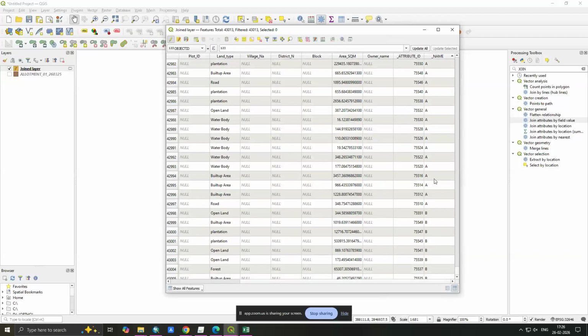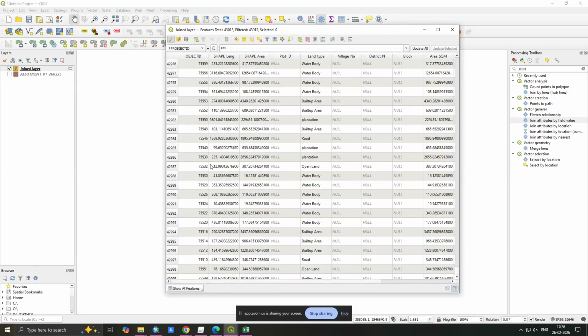These are the names which are given: A, B, B, C, C, whatever it is. So this is why we have to perform joins and relates initially. But if you go for an application, what you will have is